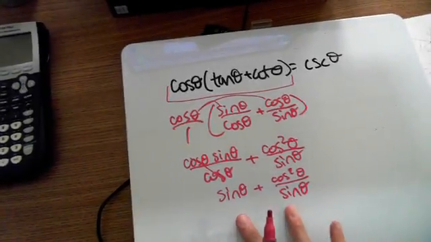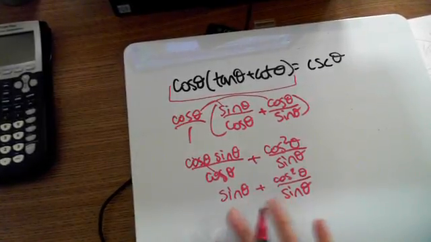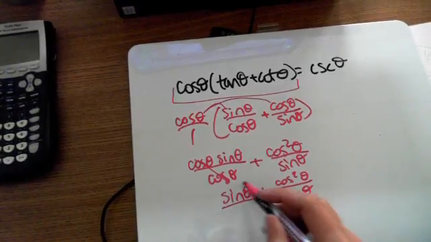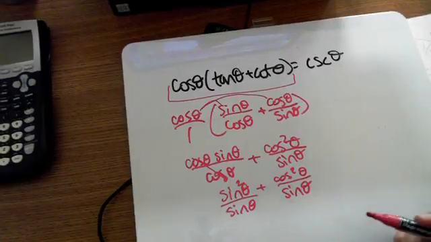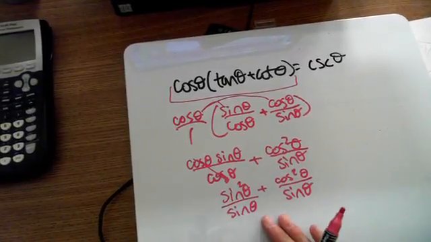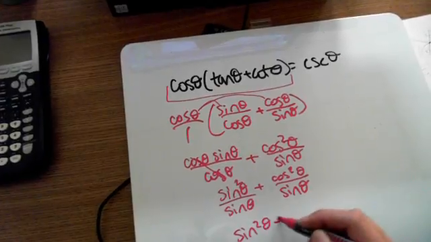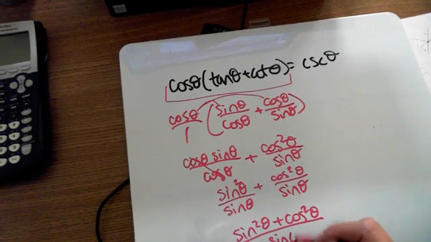Now I see that I have the addition of two fractions, so I'm going to have to get a common denominator. Well, between my two denominators, sine would be that common denominator. So I'm going to multiply this one by sine over sine, which makes it sine squared over sine. So all we did was we got a common denominator. If we push these together, we get sine squared of theta plus cosine squared of theta all over sine of